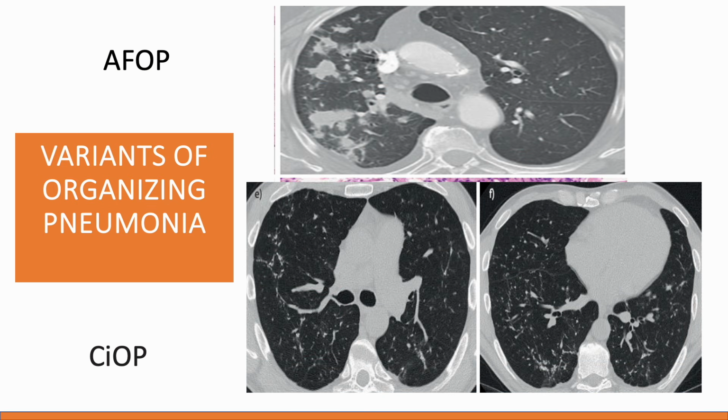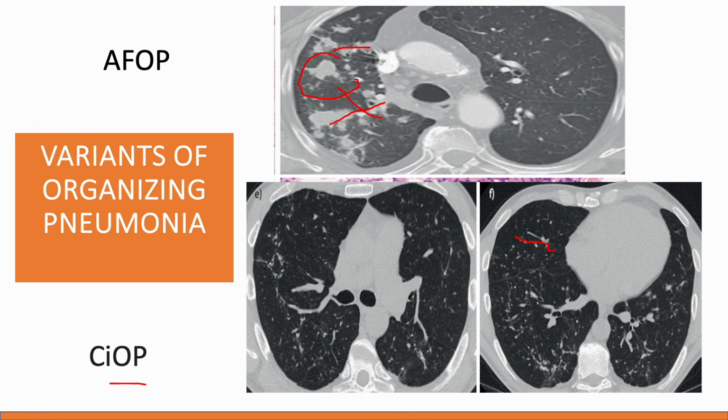So this is the variant, the acute and the cicatricial variant. Now, when you look at the acute fibrinous organizing pneumonia, you can see multiple nodules and rounded consolidations. And the distribution is bronchovascular. It is in the bronchovascular bundle. When you look at chronic or cicatricial organizing pneumonia, what we are also seeing is